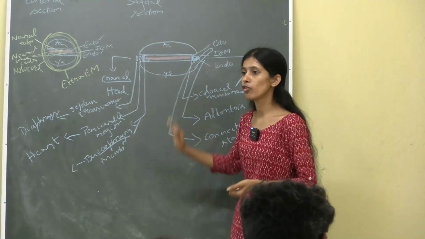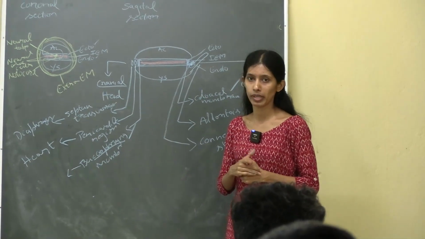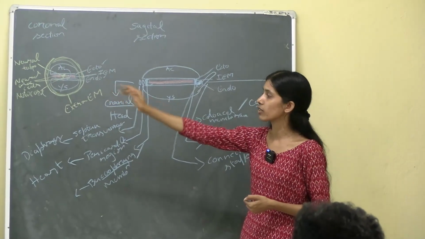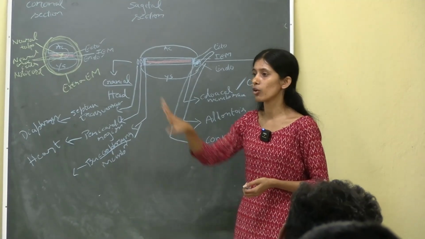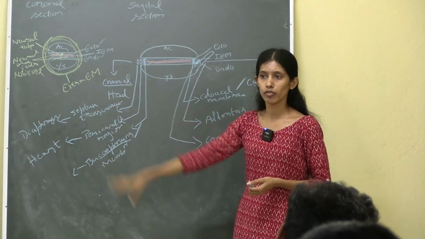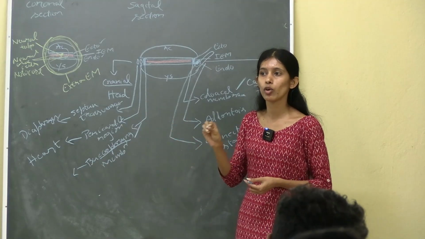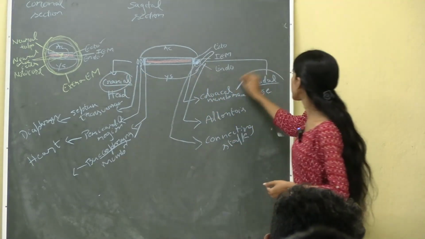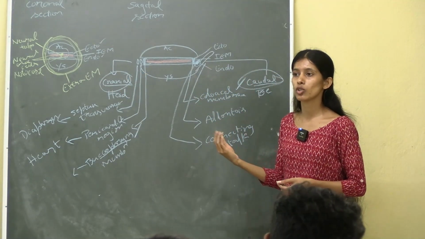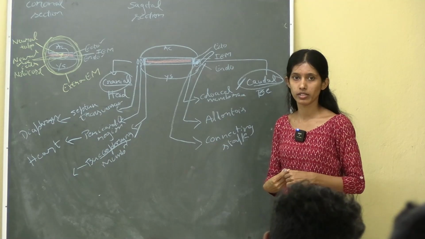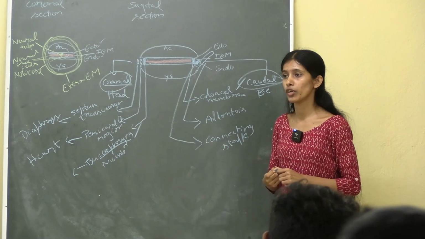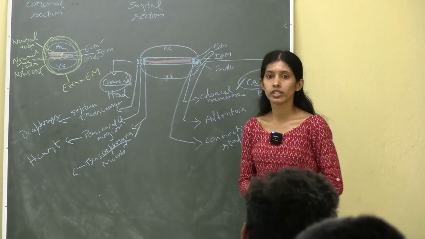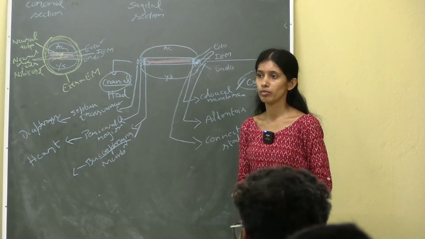Later, after this, the folding of the embryo starts taking place. There are two types of folding we can learn. The first one is craniocaudal folding and the second one is lateral folding. In this session, we are only concentrating on the craniocaudal folding. The name itself is telling: craniocaudal means the foldings are taking place at the cranial end and at the caudal end. This folding is also referred to as head and toe folding. Okay. What is the reason behind the folding of the embryo?